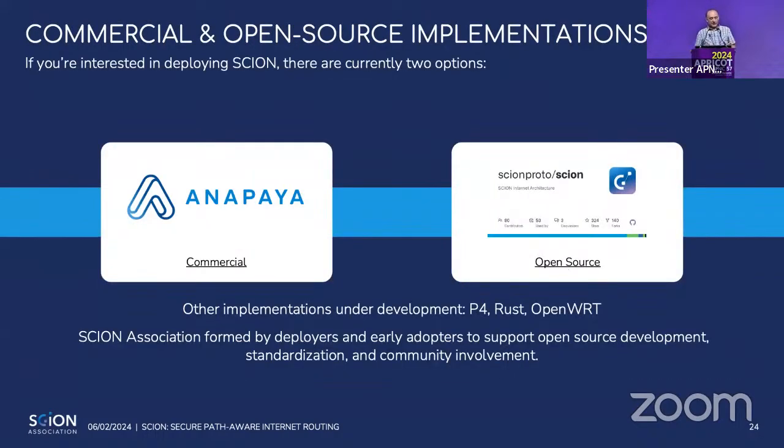Okay, so how to use this? There is a commercial implementation company called Anapaya, which is again a spin-off from ETHZ, but is a commercial company in its own right. There is an open source implementation that's a development of the work that came out of ETHZ, and also a lot of the work that was done by Anapaya. So they released a lot of the source code into the open source. So I think that's good news, especially after the open source BOF we had yesterday. And there are some other implementations, very experimental at the moment, for P4 and Rust.